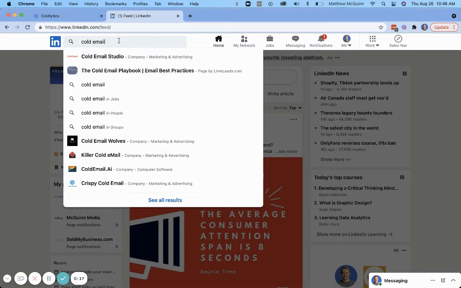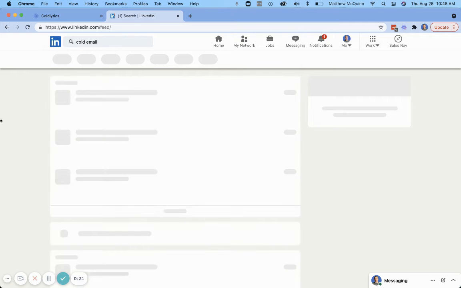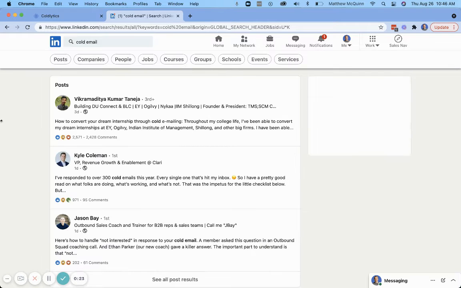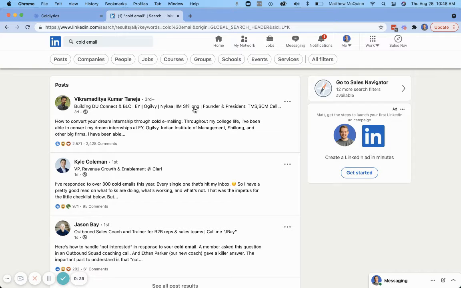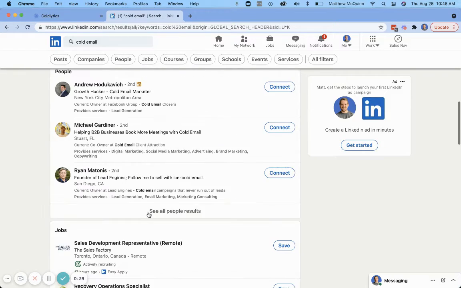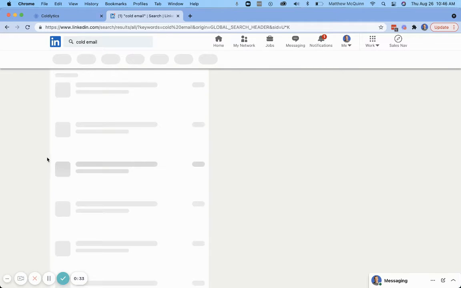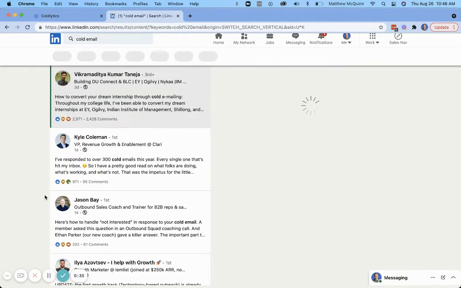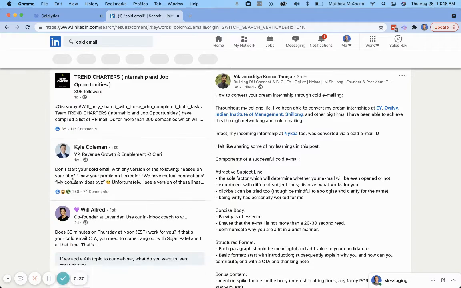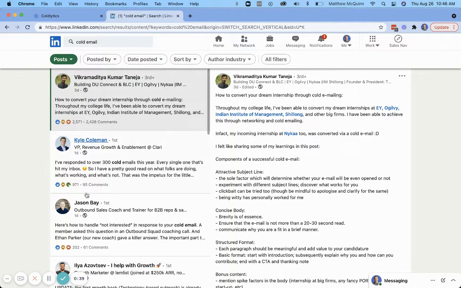Anybody that's using cold email needs data for their cold emails. So I'll search for posts about cold email. Now, this search alone has a unique value that it's returned. All of this list here, if I were to filter it by posts, for example, all of these posts might be interesting to me. So if I knew that I wanted to engage with anybody who's writing about cold email,